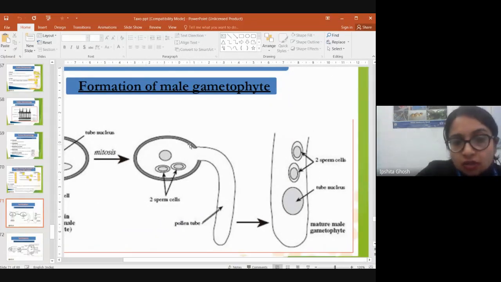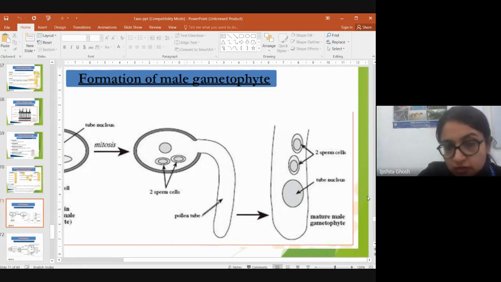As we are proceeding towards fertilization, you would see that there is formation of this pollen tube from the pollen, right? Because the pollen, the male gamete, has to reach the female gametophyte. It has to reach the eggs for the fusion. Therefore, the formation of the pollen tube is very essential. Just look at this. The pollen tube is formed, and the male gametes divide, and the two male gametes are moving through the pollen tube.